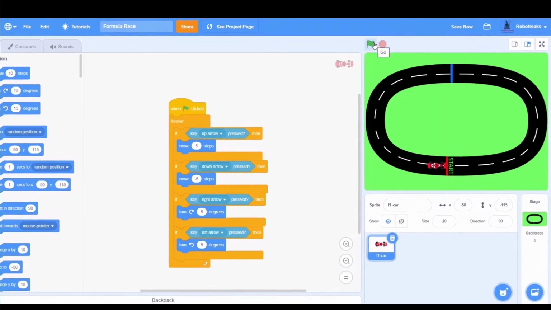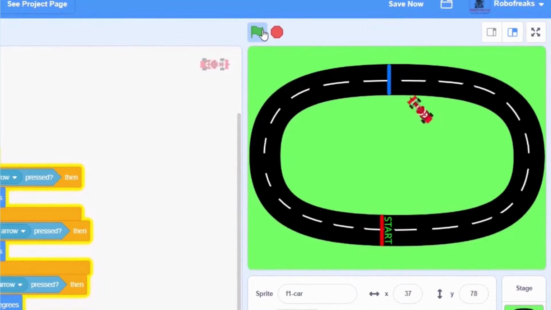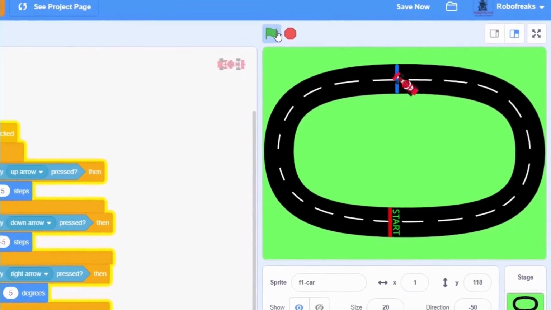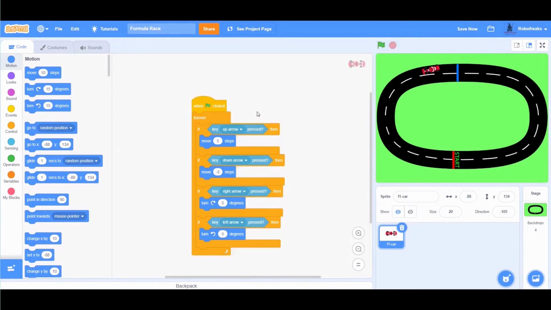Let's see if this works. Great, that looks good, but I want the car to slow down when it is off the track.